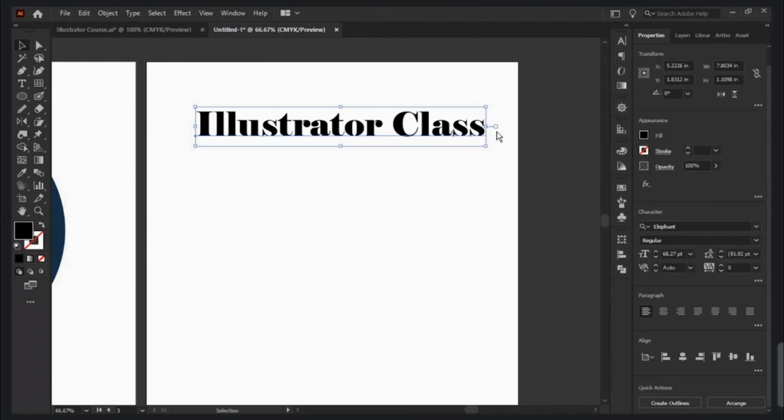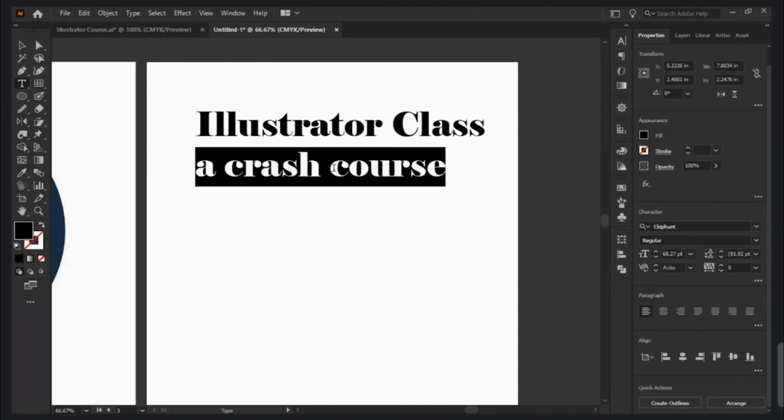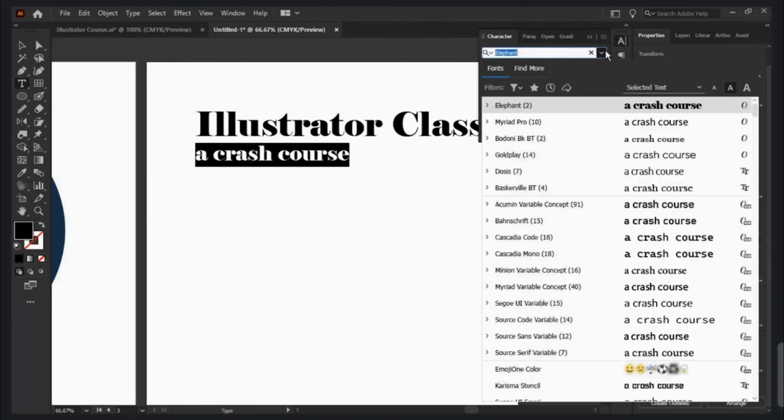Whenever you have multiple text, let me use a crash course. Alright, I want to make this small, so I'm going to double click on it to select all part of the paragraph, and I'm going to reduce it by coming here. So this part is going to increase or decrease your font size, as you can see. And I want to use a different font for this part, so I'm going to go back to my fonts at the top, and I'm going to use a simpler font like